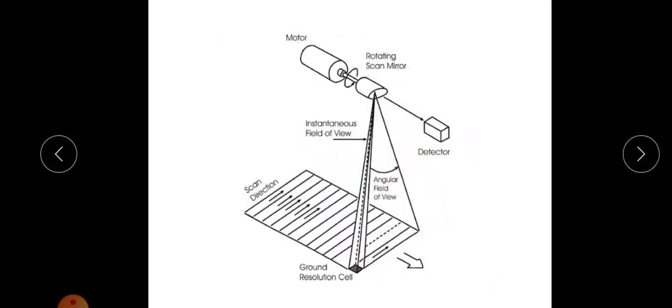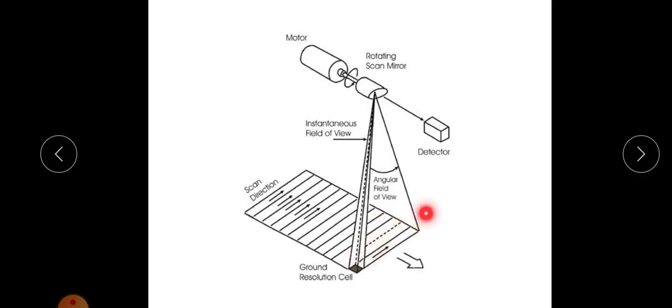In this figure, it will be more clear. This is the motion of the sensor. The sensor is moving forward in this direction. While it is moving in this direction, it is scanning the features like this. First it will take the features along this line, this small portion. Then it will take the next small portion, then the features on the next small portion. Like that the scanning completes.